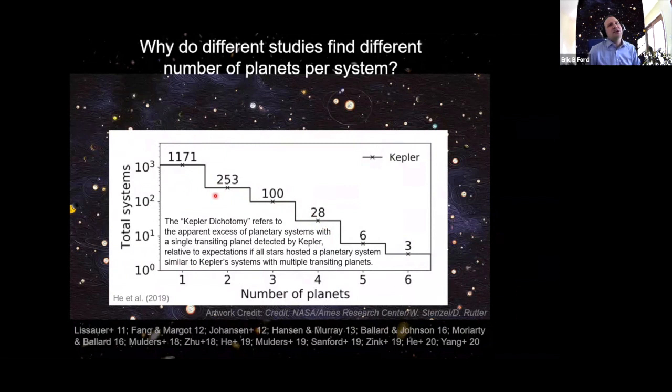And so what you see there is that there's an excess of single planet systems relative to what you would predict naively from looking at the multis. Sometimes this is referred to as the Kepler dichotomy, if you've heard people referring to it. I'm not thrilled about the name. The name suggests that maybe there must be some physical dual population. That's one possibility, as we'll see, but that's not the only possibility. Nevertheless, it's the de facto name people are using to refer to this large number of apparently single planet systems coming from Kepler.